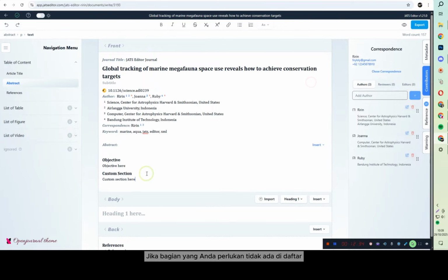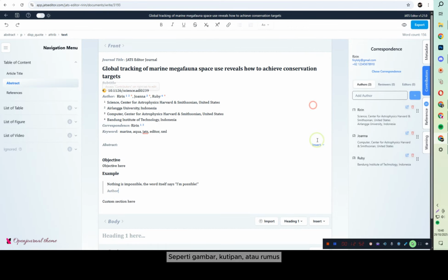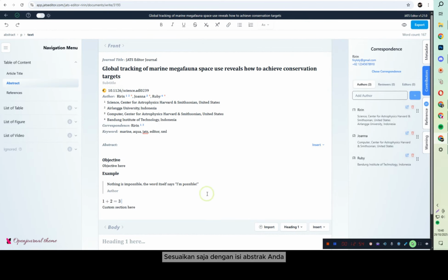If the section you want isn't listed, you can create your own under custom by adding a section title. You can also insert other elements like image, quotes, or formula. Just adjust it to match your abstract.